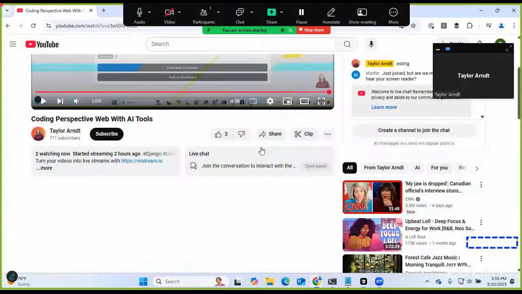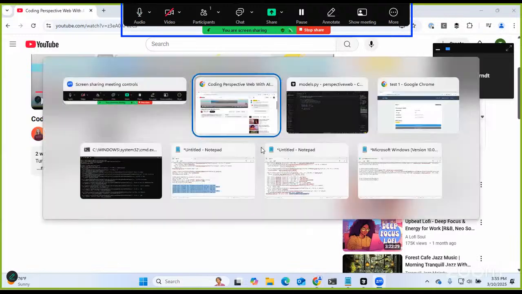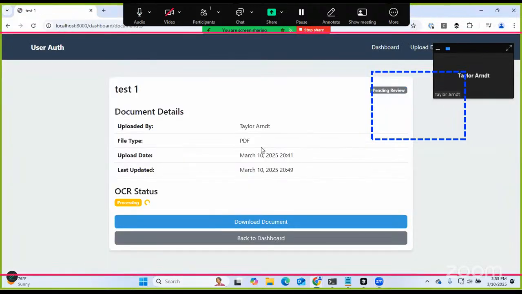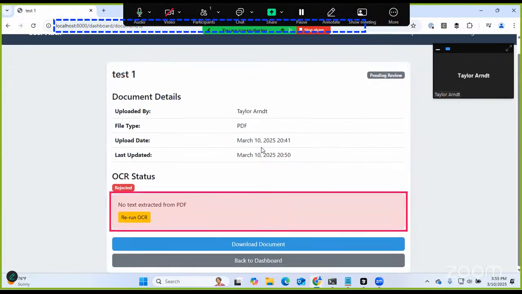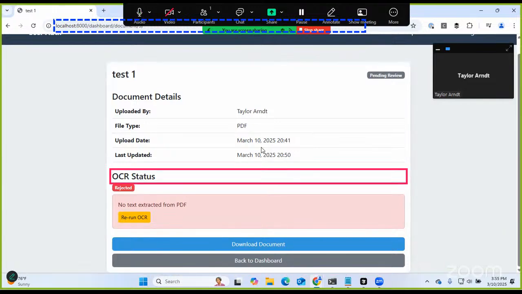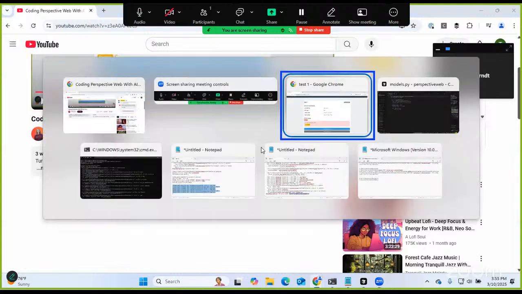This does not seem to be doing anything, honestly. It just seems to be sticking in there. Let me refresh the page. Probably gonna fail. So it's interesting: no text extracted from PDF. Okay, so when I refresh the page,